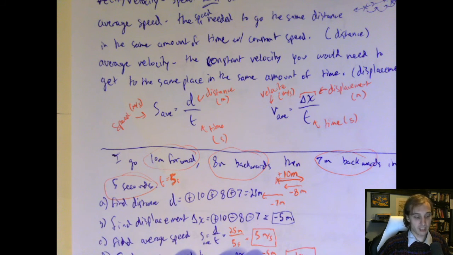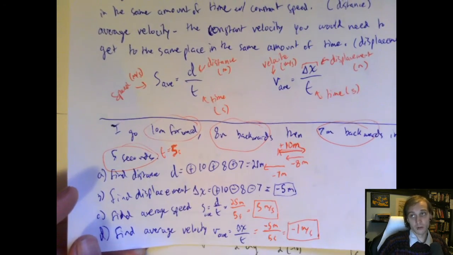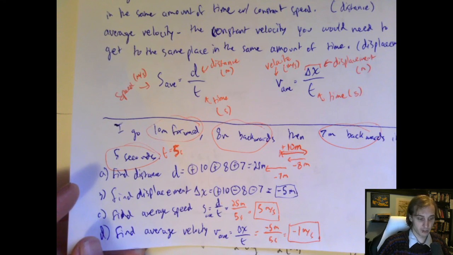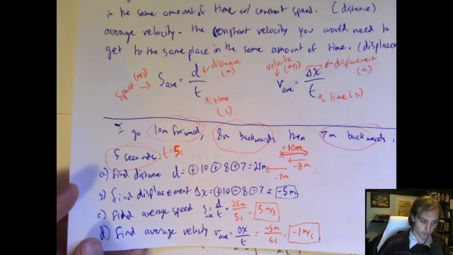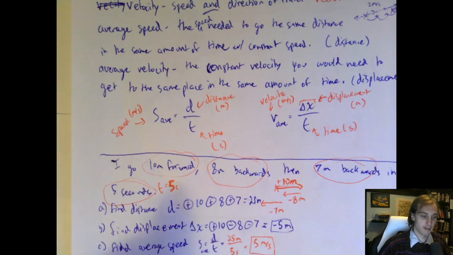When you're finding speed, make sure you use the equation that actually has speed in it and plug in for your distance, divide that by your time. When you're finding velocity, use the equation that has displacement in it, plug in for your displacement, plug in for your time. There are a few other things that could show up on the quiz, 100%. I would say go through the quiz review, look at the answer key, ask questions, but for now,